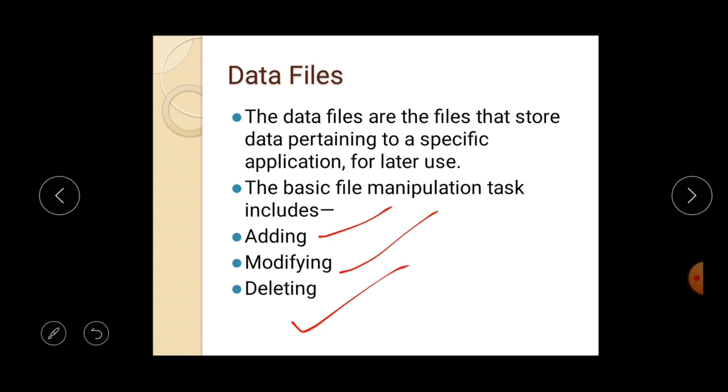Means if there is any file that is pre-existing in the storage location, you can add some content to that particular file, you can modify that file, and you can delete the content as well as the whole file from the storage location. So these are the three basic manipulation tasks that you will do in file handling operations in the coming sessions. So now moving forward,